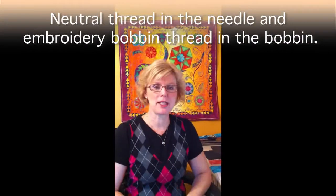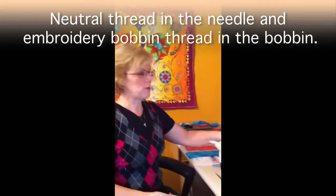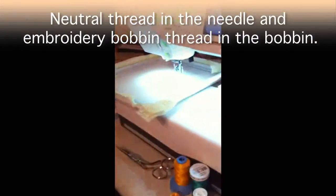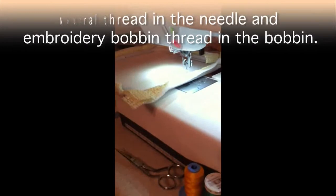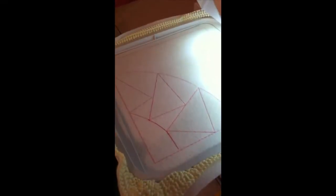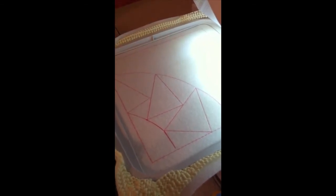Okay, here I am at the machine and we're getting ready to get started. I have my embroidery bobbin thread in the bobbin, and I have a neutral colored thread in the needle. And what we're going to do now is stitch out the outline of the pattern right onto the stabilizer. Here you can see it has stitched an outline of the design, so now we're going to move on